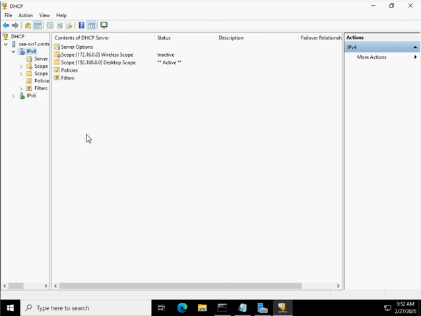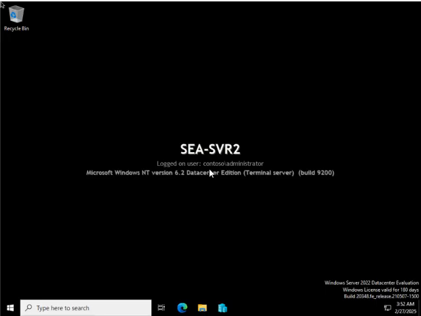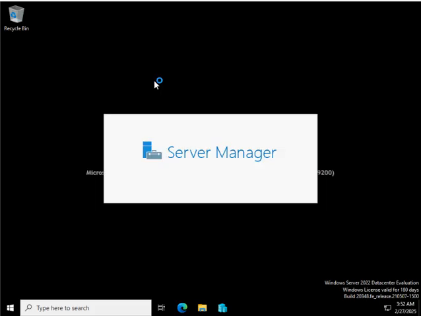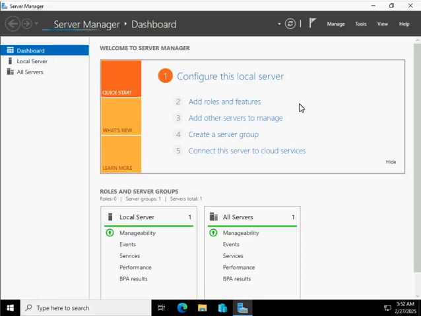So let's go to Server 2. The steps are very simple. As an administrator, I need to remember it's a 4-step process. The first thing is to install the server role on the new machine.